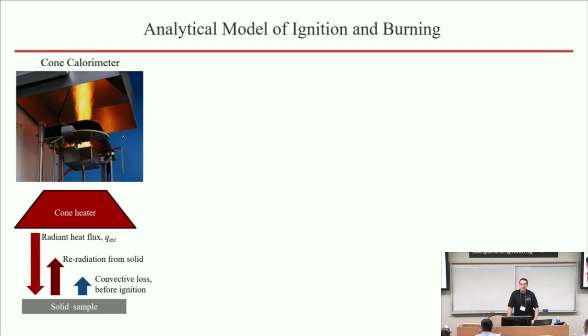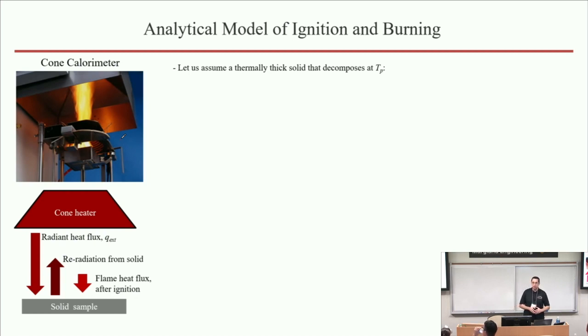Now, perhaps the easiest way to define this ignition is to make an assumption that ignition occurs when the surface of the solid material gets to some critical level. Sometimes that temperature is called pyrolysis temperature, sometimes it is called ignition temperature, and here it's expressed as Tp. If you make this assumption that there is such a critical temperature, which is, by the way, material specific, at which the material ignites when it achieves that surface temperature, then you can convert this problem of heating into a simple heat transfer problem.